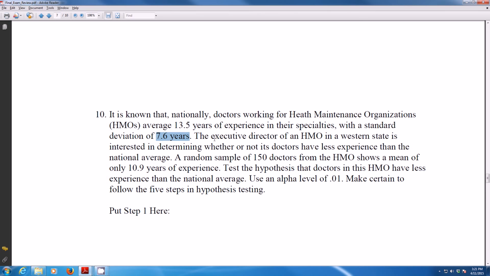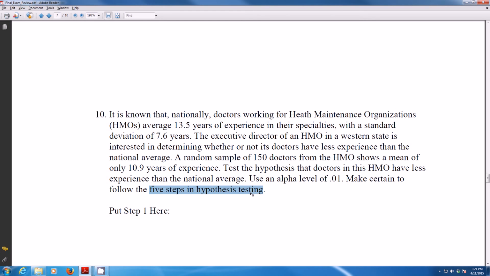And now we're told that the executive director of an HMO in a western state is interested in determining whether or not doctors have less experience than the national average. That is, only in those western states. So they take a random sample of 150 doctors, and they show that the mean is only 10.9 years of experience. And so we're supposed to test the hypothesis that doctors in this HMO, that is in the western states, have less experience than the national average. And we're supposed to use an alpha level of 0.01, and we're supposed to follow the 5 steps in hypothesis